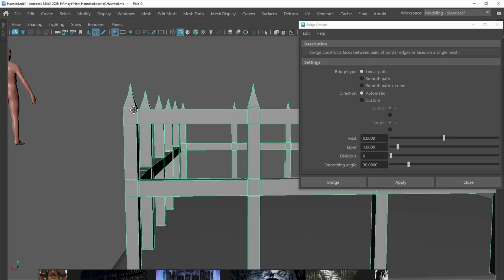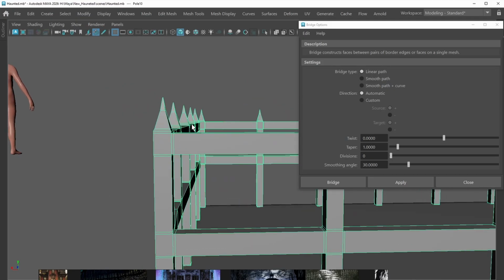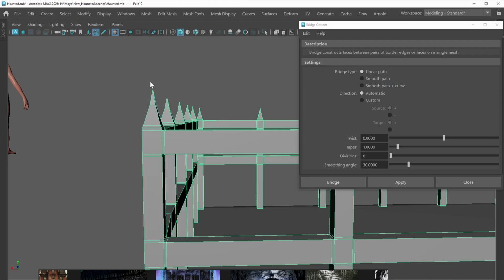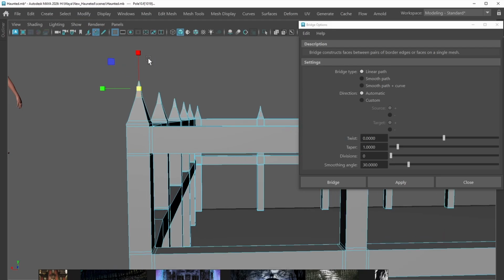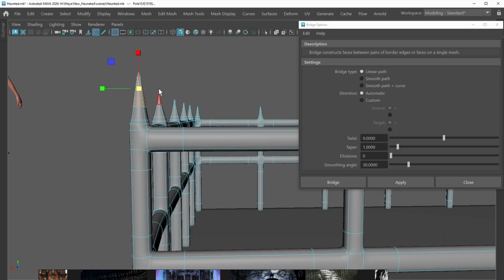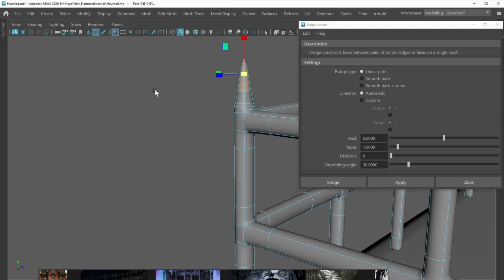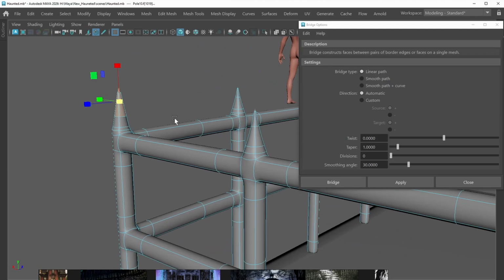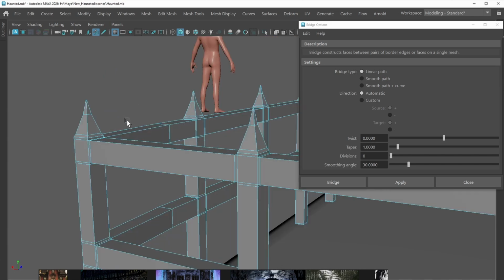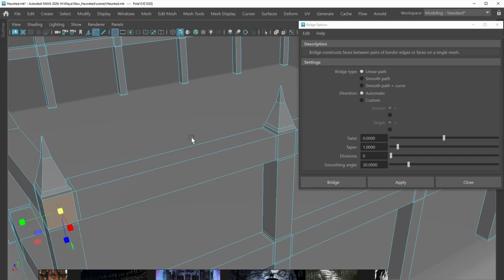Maybe we can do something here, what we can do here. I think I want to do,